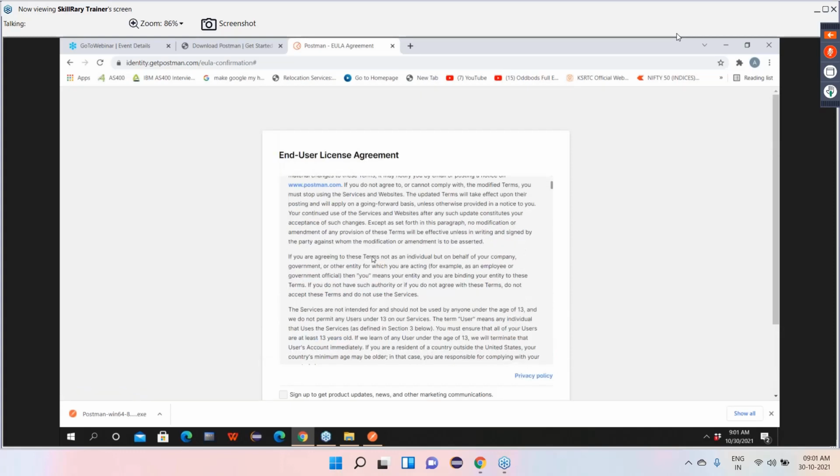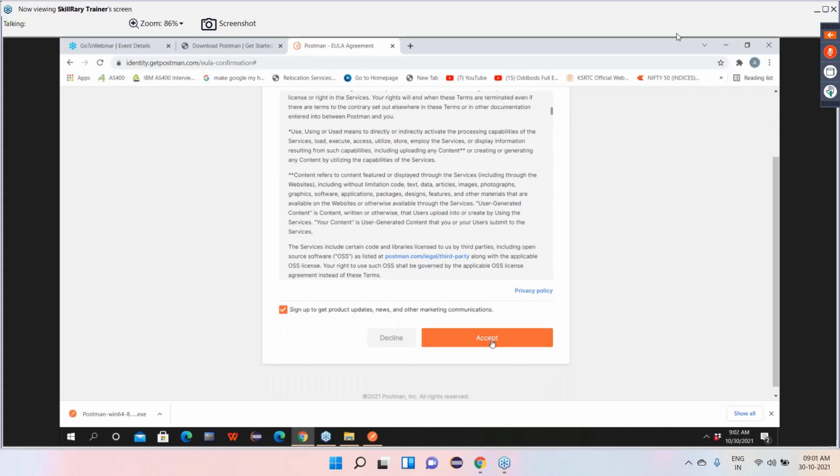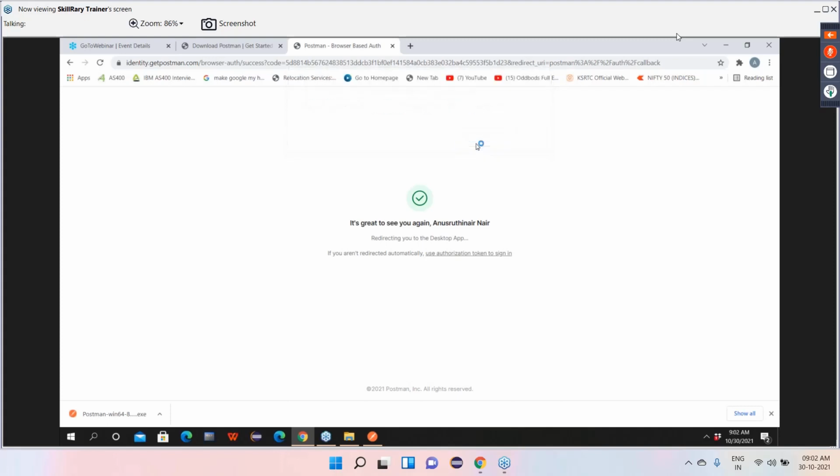We have to accept this license and click on accept. So now sign up is done, and now open Postman.